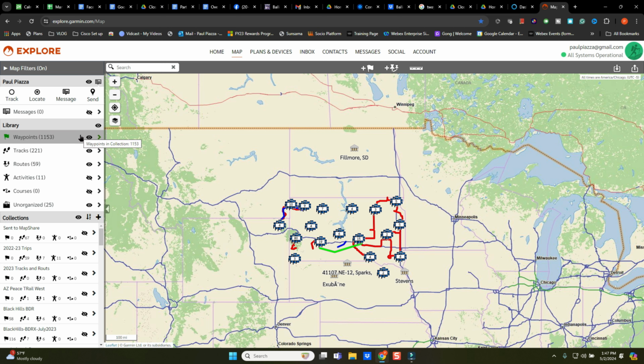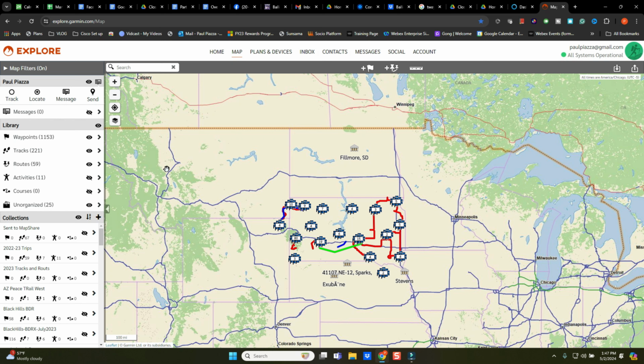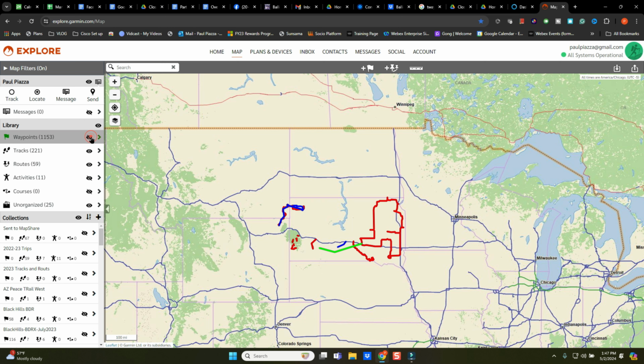So now, as I'm looking through things, you can see here, if I want to turn off every single waypoint in here, I can. So I could just see tracks. That's actually a hidden feature a lot of people don't think of. Think of the eyeballs as a way to decrease or increase clutter on your screen. There are also different ways to apply this filtering of clutter on your screen. So if I don't want to see waypoints, again, I can turn that off.